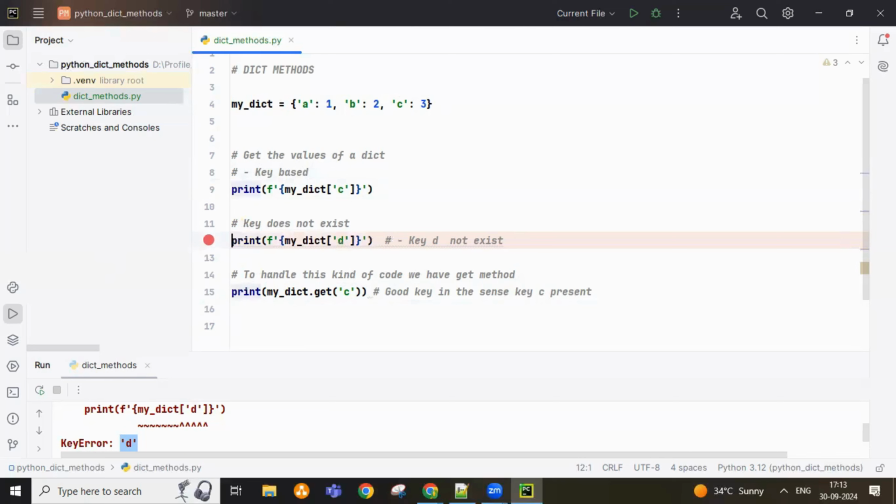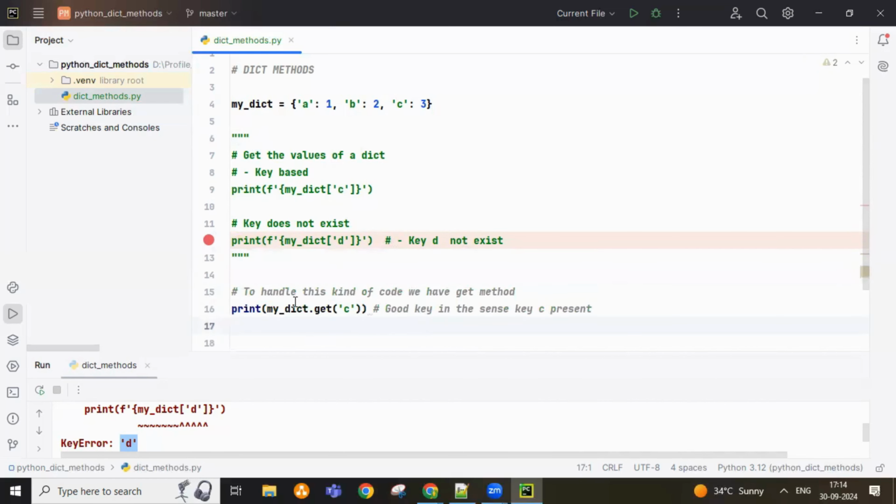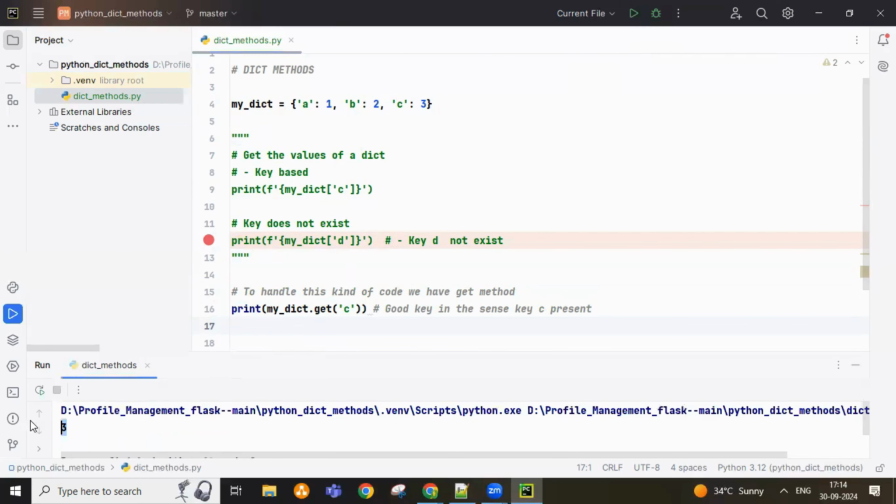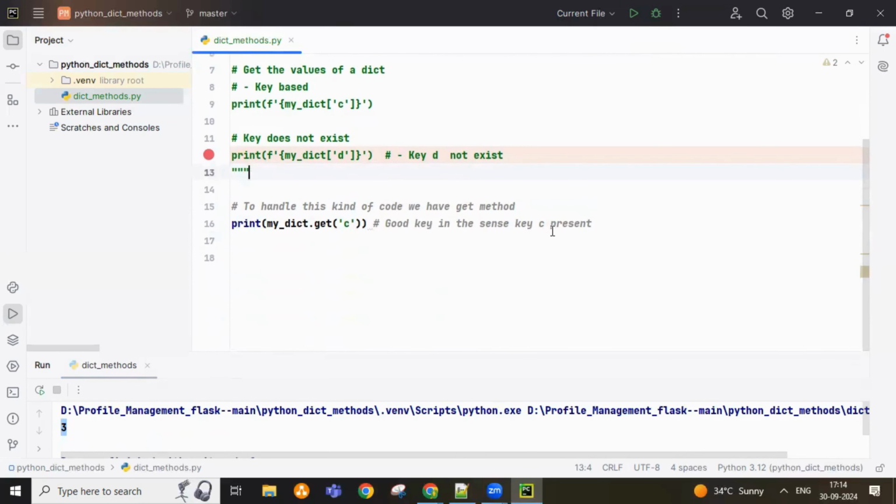I think instead of having this, I'll do one thing. I'll comment this out so that it will be easier to look. Yeah, got it. So here in this case, this is a good case. When I go and trigger, you are still seeing value 3. Got it? And if you change slightly, if you do the same thing,